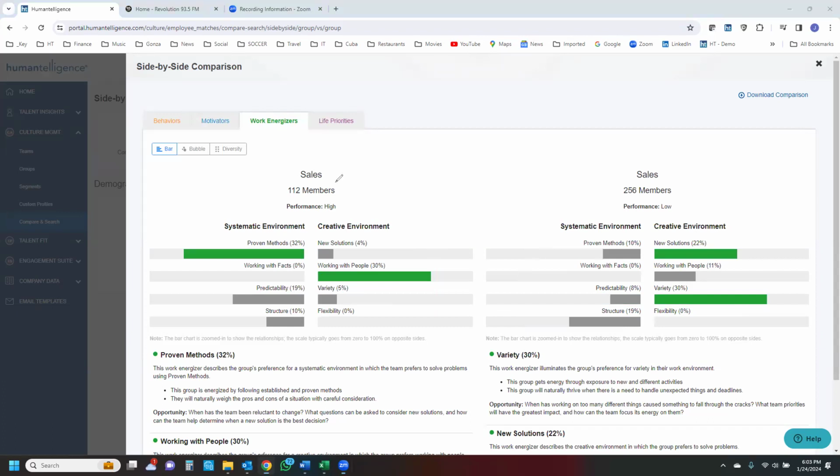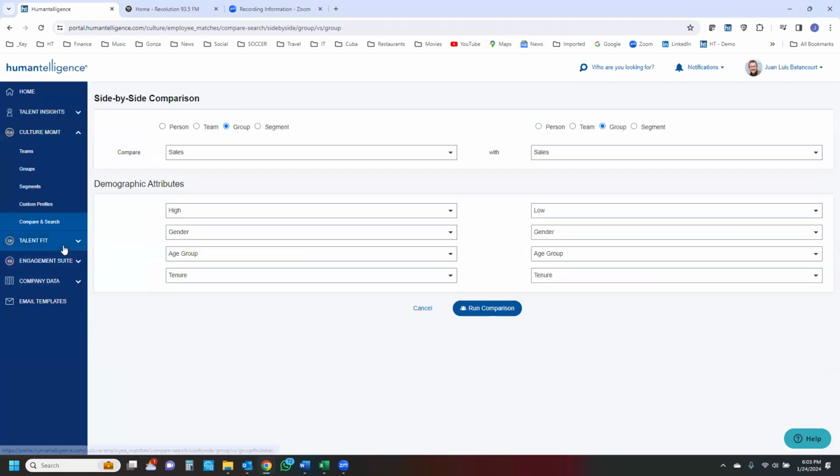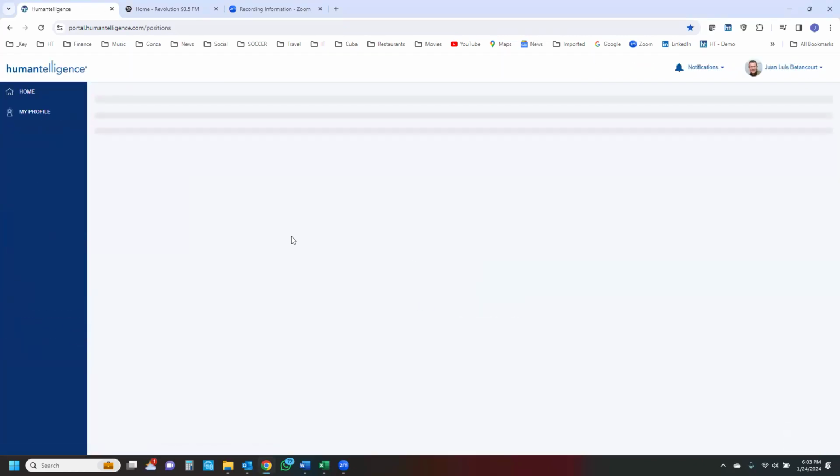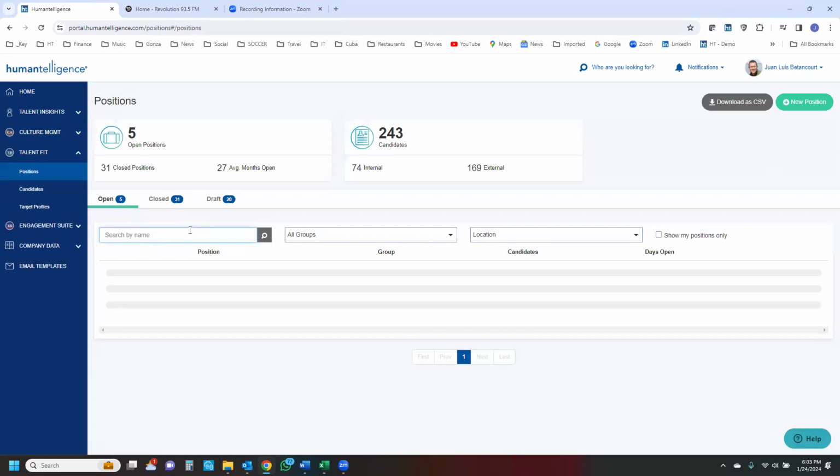And lastly, you can see under work energizers that the high performers are a combination of systematic in terms of they like proven methods, low performers like new solutions, and high performers generally are similar in other areas. But now you have a profile that you can use to hire for high performers using the human intelligence